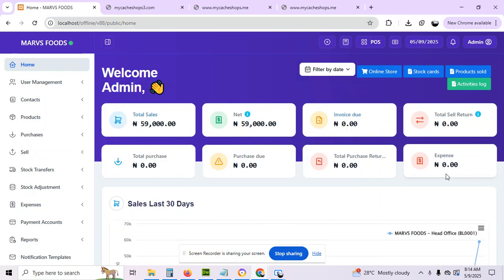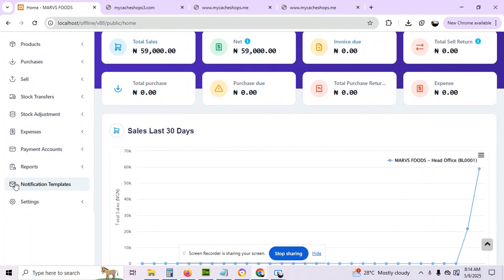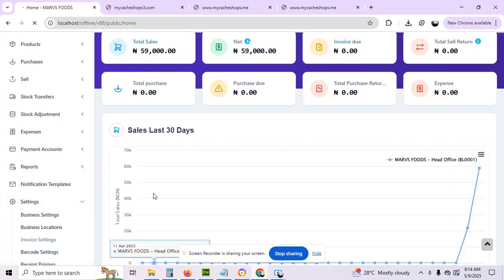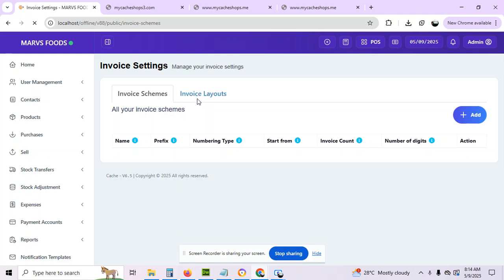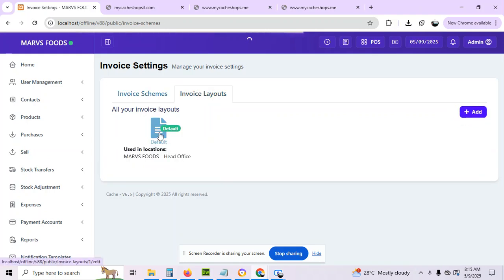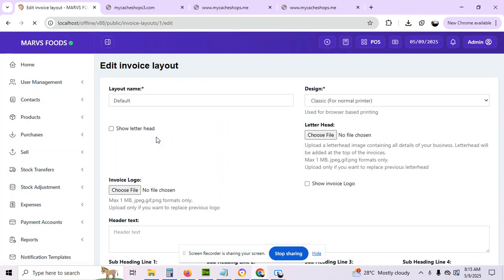Okay, guys, I want to show you how to become a pro in configuring this application, and feel very professional handling it. So now, for example, you may want to choose your invoice type. You can just come to this setting here and go to invoice setting to make a choice of invoice. You can try different invoices to see if you feel better with any other invoice apart from